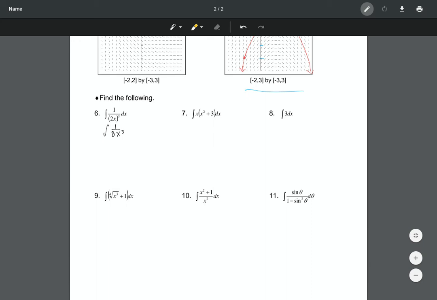So now this part is really optional. You don't have to do it, but you can pull the 1/8 out of the integral. And now I have 1 over x to the third dx. And I'm probably writing too many steps here, but I want to make sure you understand where this is coming from. So this is mostly just algebra. All right, so this is the same thing as integrating x to the -3. So now we're going to integrate that. Remember, we're going to add 1 to the power,